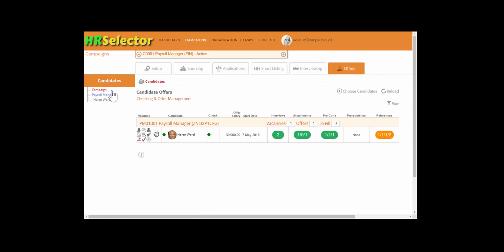Click on either the campaign or the role. The display will list candidates that have reached the offer stage. After a provisional offer has been sent to and accepted by the candidate, the status will be changed to Provisional Offer Accepted. Full details can be issued to the Human Resources Department in order that a formal contract can be